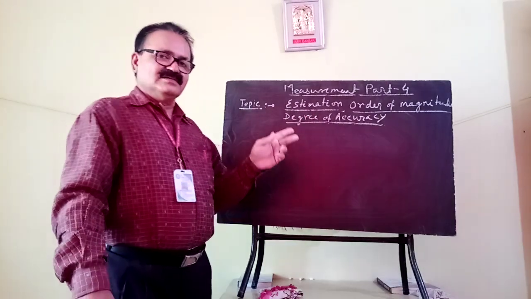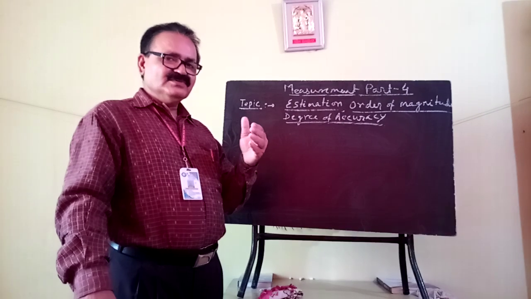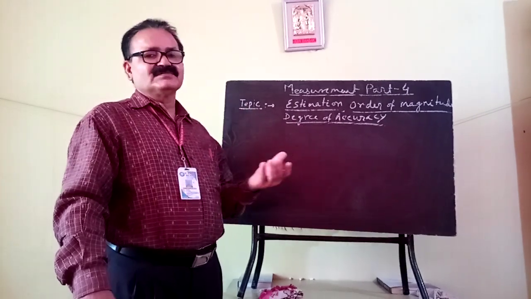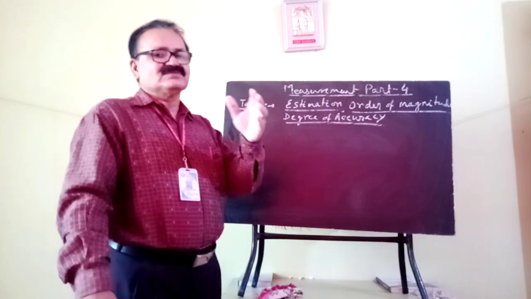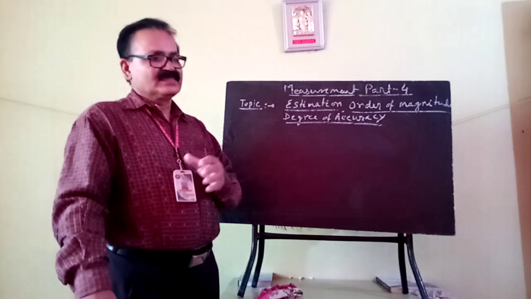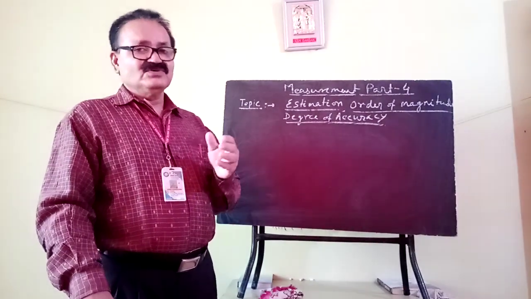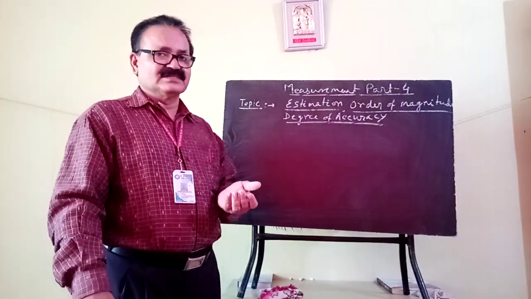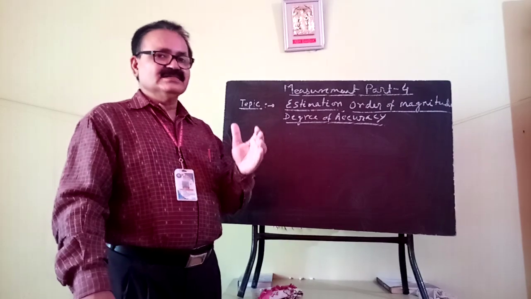While measuring any physical quantity, we have to first think about the estimation. How far it will be nearer to the physical quantity. Suppose you want to measure the mass. So how do you express the mass of that physical quantity? You have to estimate. Then only can you measure that physical quantity.